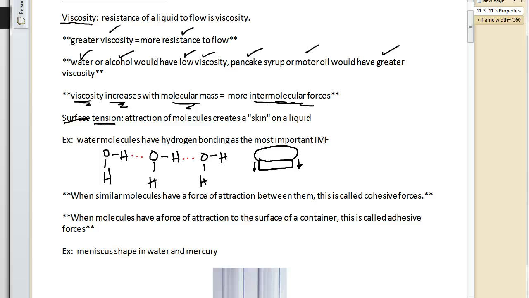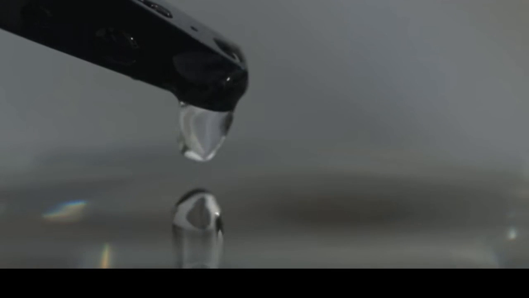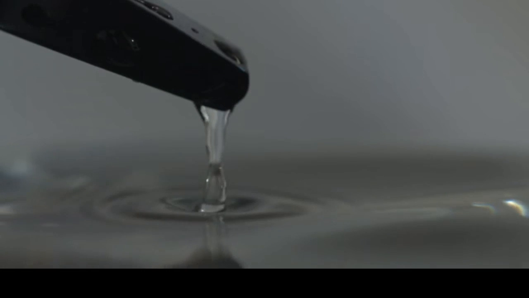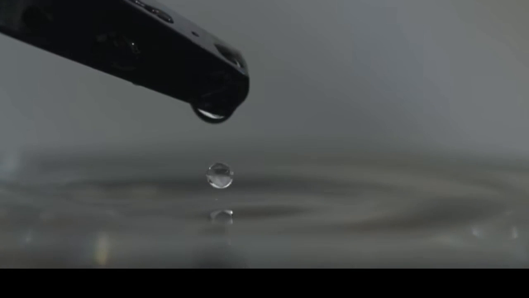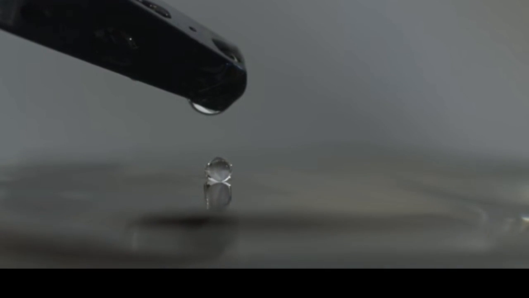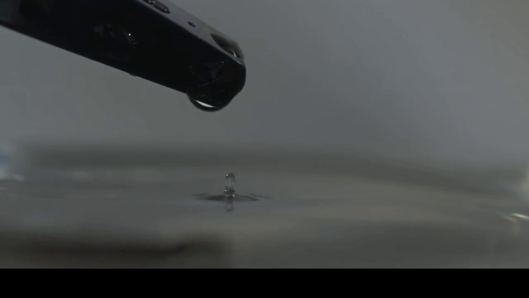I have a quick little video I do want to show you. This is a real short video, but it's going to show some neat things on surface tension. In this video, they have a high-speed camera, and they are dropping water droplets onto the surface of water, and you're going to see what happens with some of these, especially how we see water droplets bouncing off of the surface of a glass of water. There's one just sitting there on the surface before it sinks in, and it really has to do with